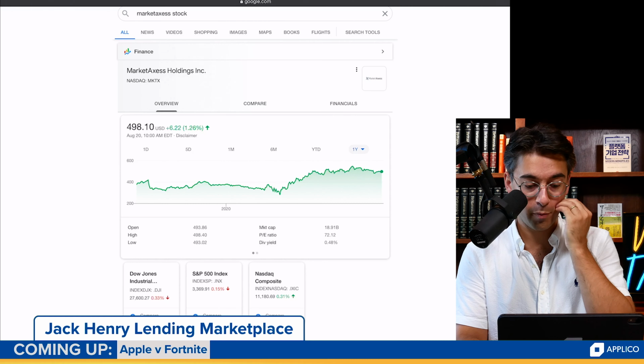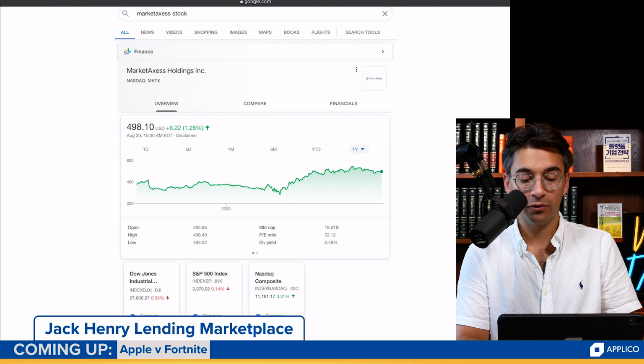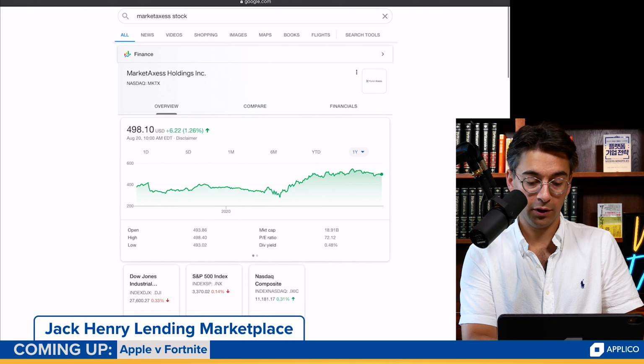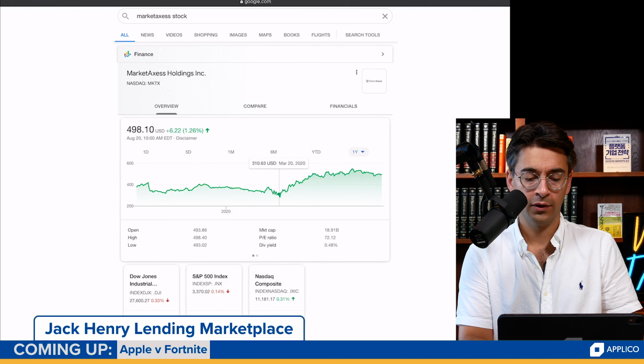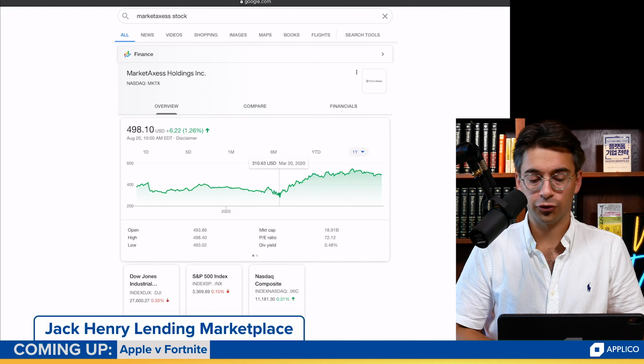Another business, which is, I'd say, even handling loans that are even less risky, right? So another step up the rung on the ladder is Market Access, which is in Platt, a public company. They're just on fire, up about $500 a share. They were down around maybe $350. Yeah, what was this in March? $310. Up about 500 now, about $19 billion market cap. Great company, unbelievable company, just destroying.